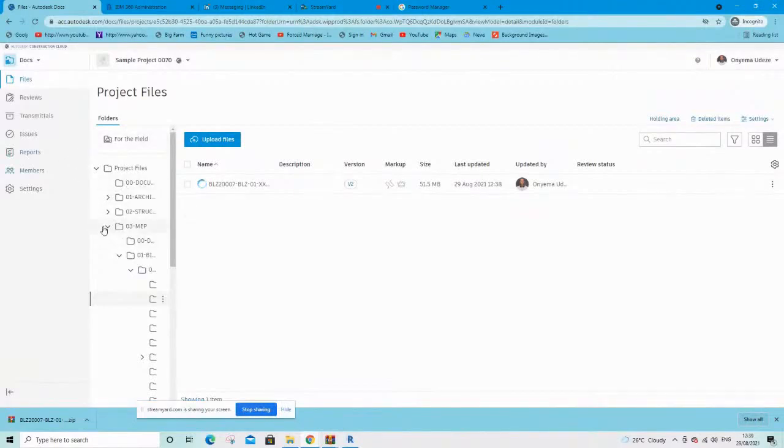So just a brief high-level explanation of this folder structure. Like I mentioned earlier, you see that each of these teams has a work in progress folder. The reason I'm seeing all these folders myself is because I'm a project administrator on the project. As a project administrator, you are able to see all the folders. But if you are just a project member and you've been added to a team, for example, the two guys added to the structure team, when they log into this platform, all they will see is their own team's folders